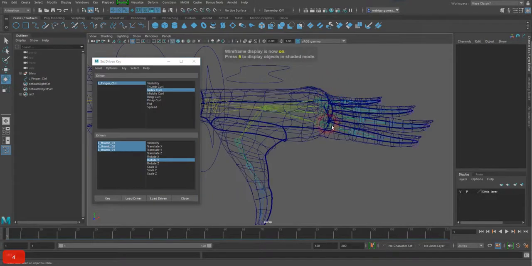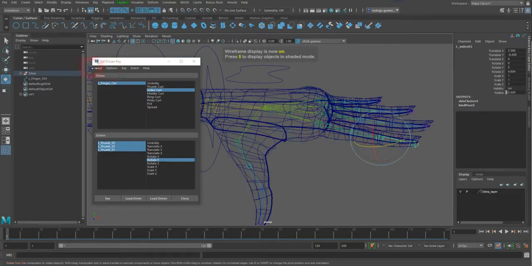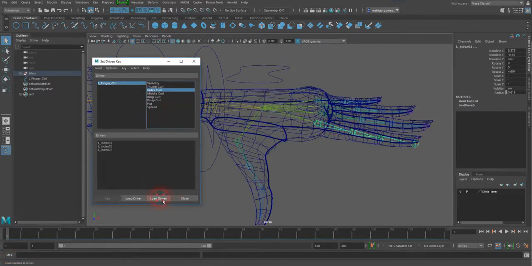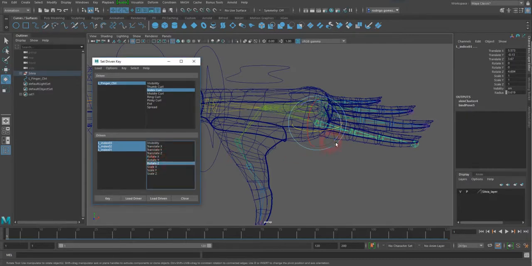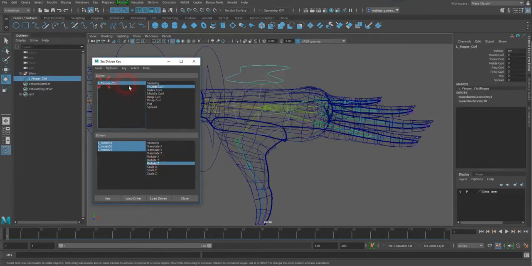So let me try to just select those guys. You need to select just the 3, not the last one, the second to last, third, and then the one for the knuckle load, those are the driven. Same thing, those rotations will be by Z, so let's say rotating Z, and the main position for the index will be 0,